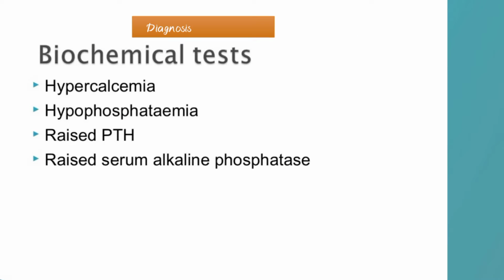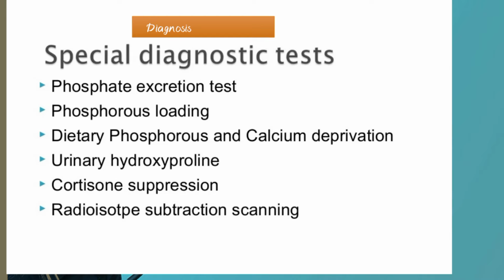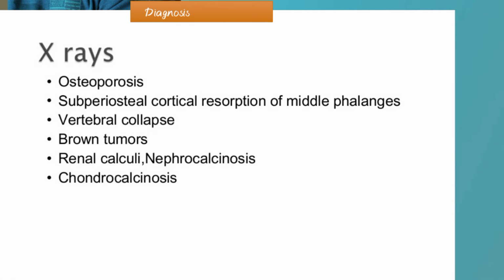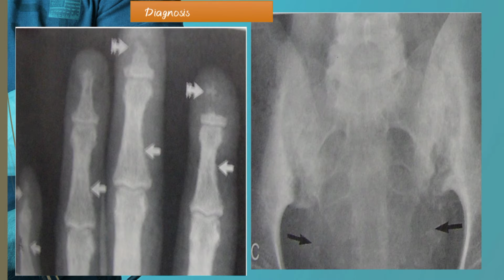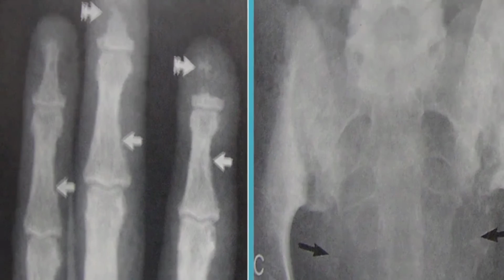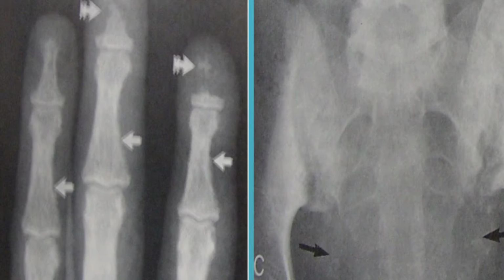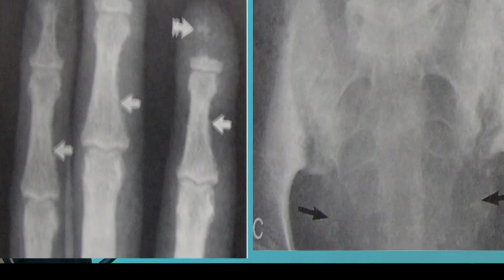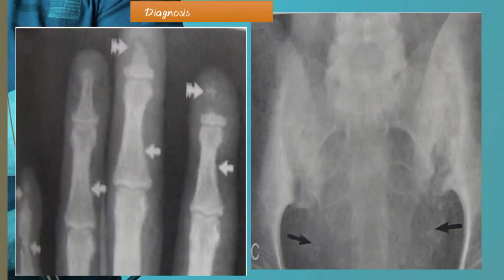For diagnosis, there are various ways of diagnosing it with the biochemical test, which involves hypercalcemia, hypophosphatemia, and also checking the levels of this hormone. There are also other special diagnostic tests, and we can look at it using x-rays, where we'll be seeing osteoporosis and the brown tumors. In this x-ray, we have a decrease in bone density, so it will predispose one to this kind of